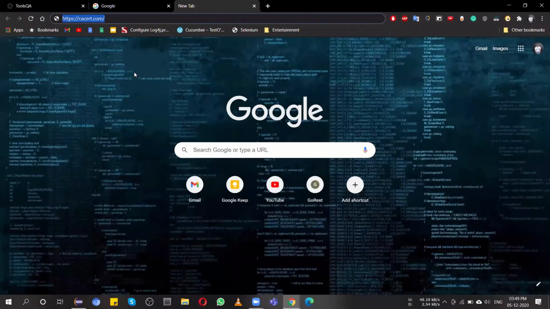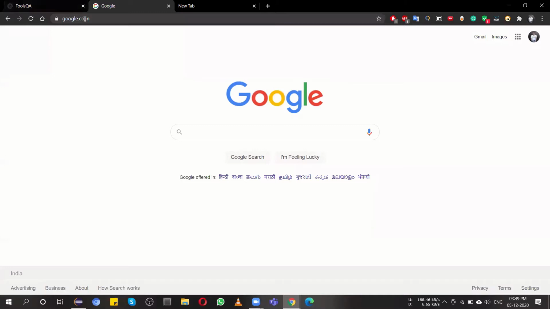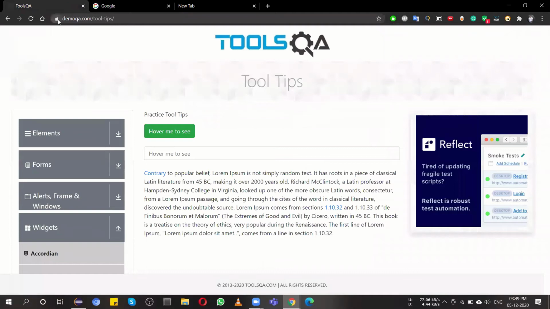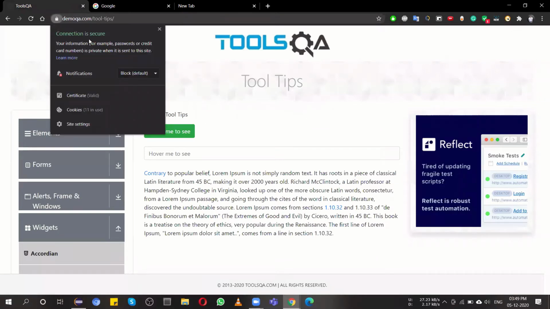I'm not going in that direction, because it comes under cyber security, where security is the main concern. As a basic check, you look at HTTPS, so the S should be there, then SSL should be there, as I show you. See over here, it shows the connection is secure. This website also shows the connection is secure.